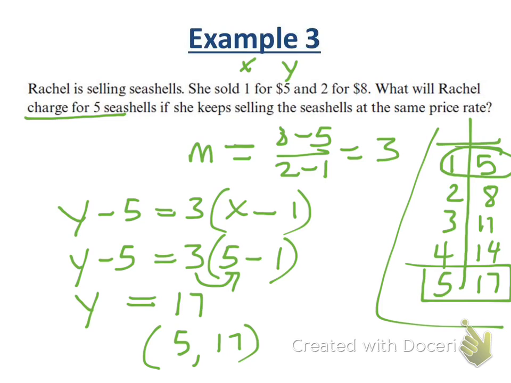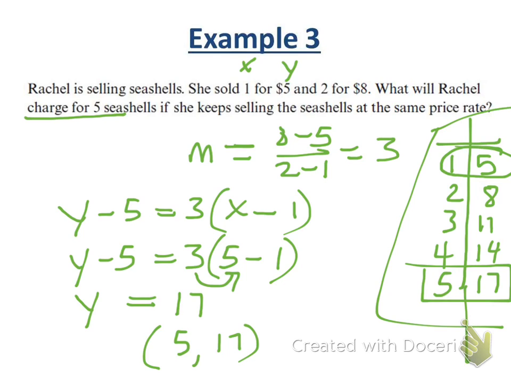Now, this works, and I would take that if you showed me work that led to that answer, show me that logic. But here's the deal. What would 27 seashells cost? And would you want to continue this pattern all the way up to 27? No, it'd be quite a lot actually. Could you do 3 times 27 plus